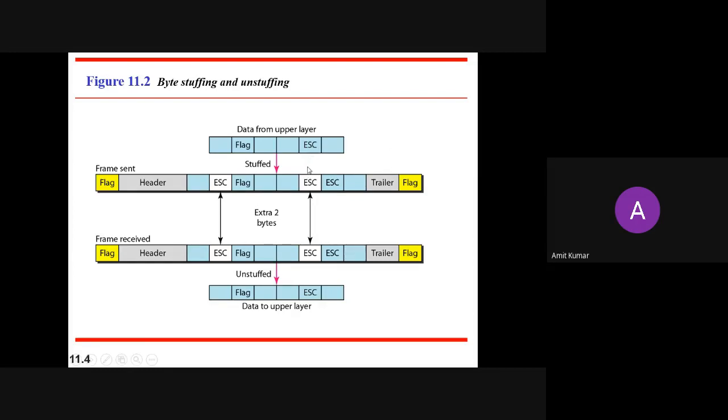Escape characters are used to avoid the detection of flags inside your data, and flags are used to recognize where the data is starting and where the data is ending. Then at the receiver end, you have to remove those overhead bits. So these overhead bits have been removed here.